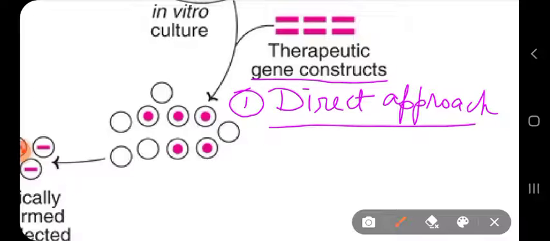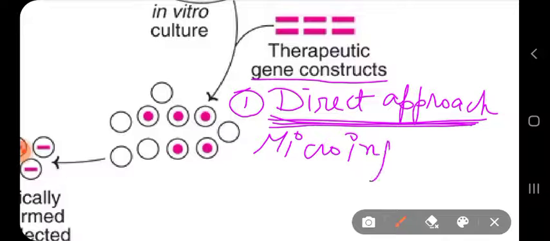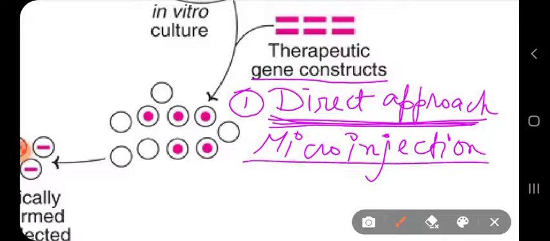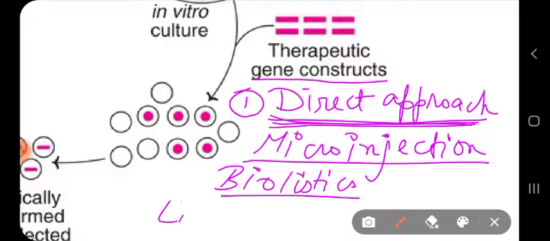But nowadays we use the indirect approach. The direct approach can be done through the microinjection technique. I have studied, you have studied all. Then through the biolistic method. Then the liposome mediated method,